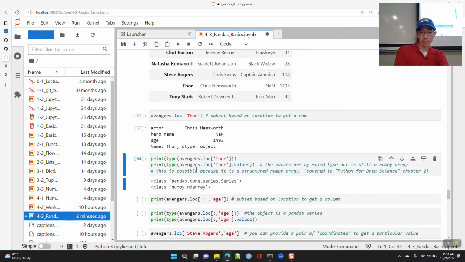The type is series, and then the values in here are in a NumPy array, and it's a mixed data type. And you might feel like, oh, I thought NumPy arrays can only have the same data type, and that's generally true. There is an exception for what we call a structured NumPy array. A structured NumPy array basically says in the first position, it's always going to be string type.